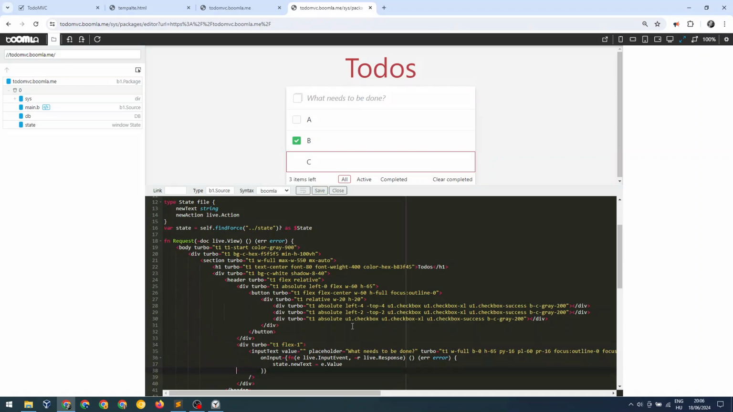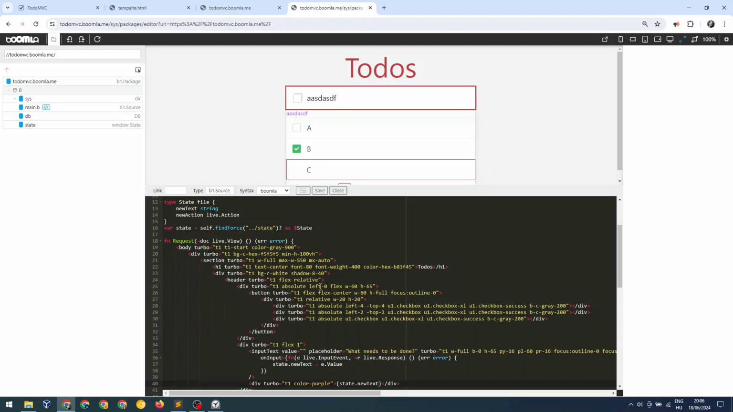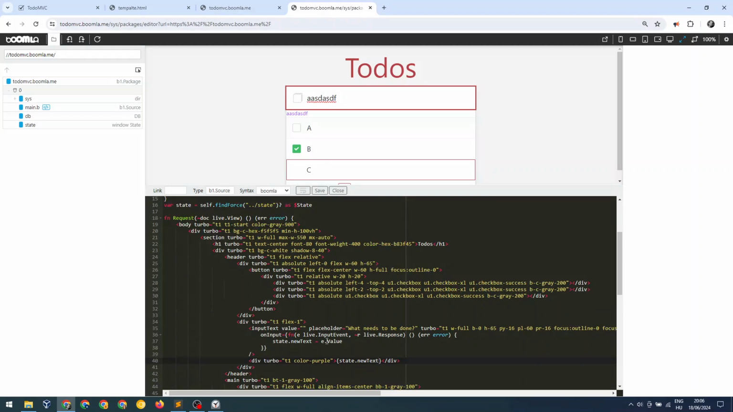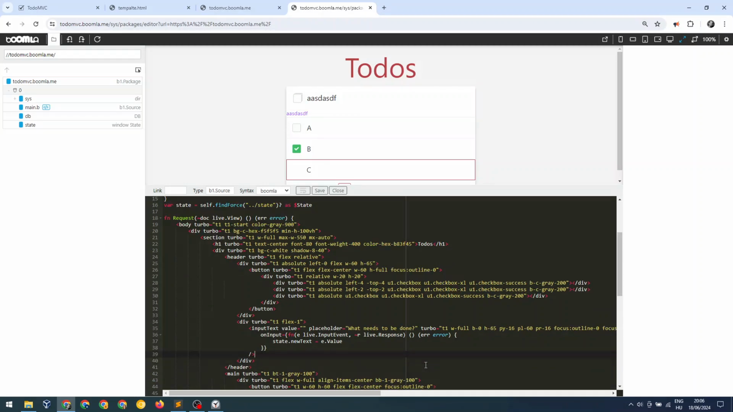Let's verify that we have actually stored the value. So let's show it, new text. Okay, so as I type here, it shows good. So we can remove that, and upon hitting enter,